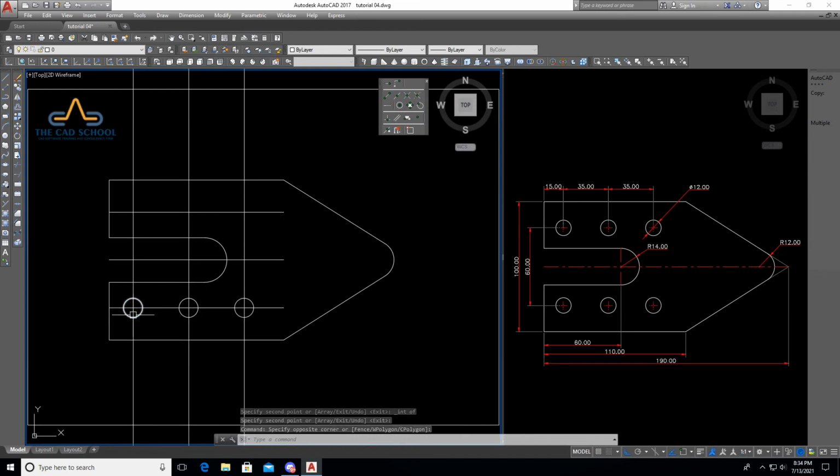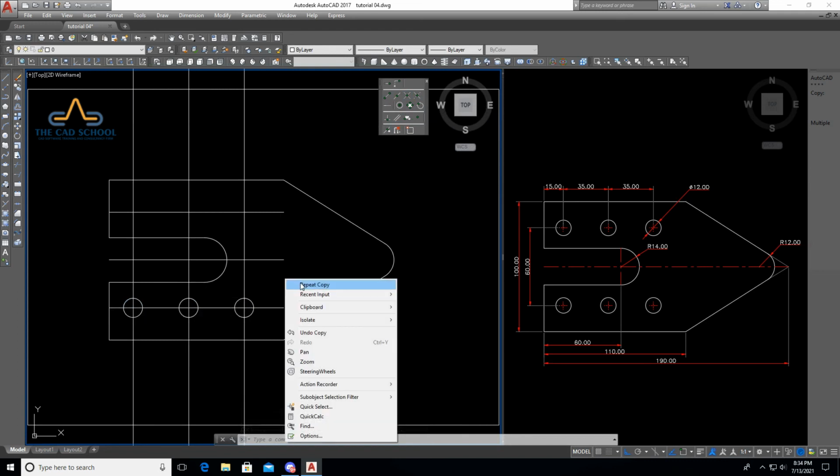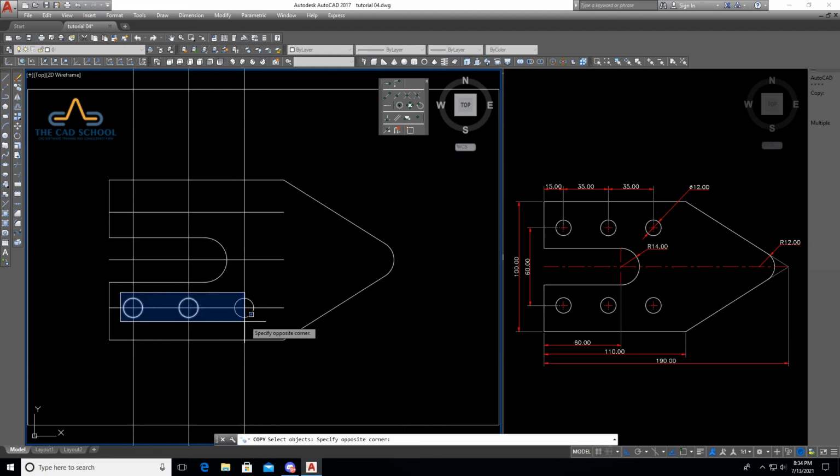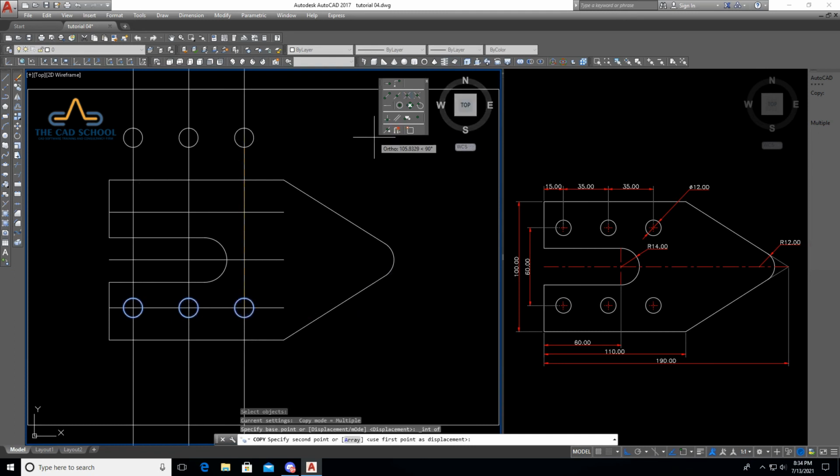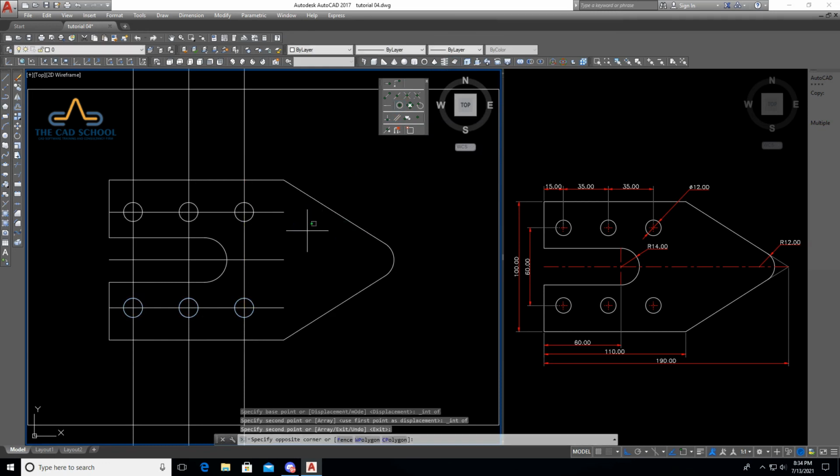Now we are going to copy all the 3 circles at a time, so select copy, intersection of these lines, base point, and the second point is intersection of the lines.